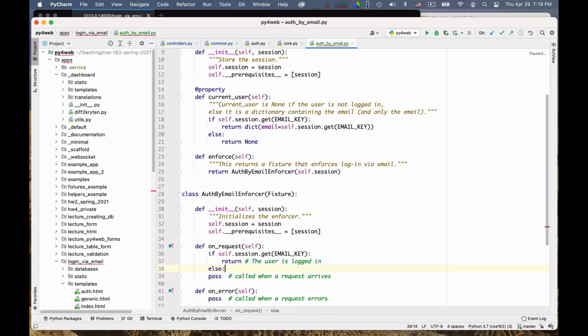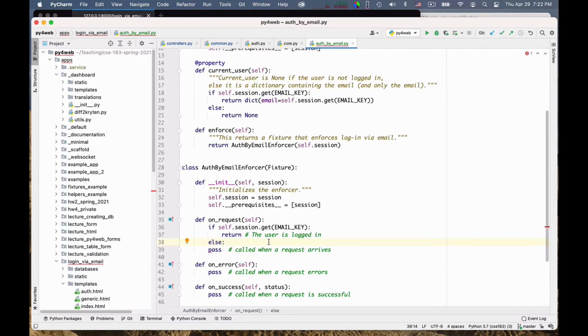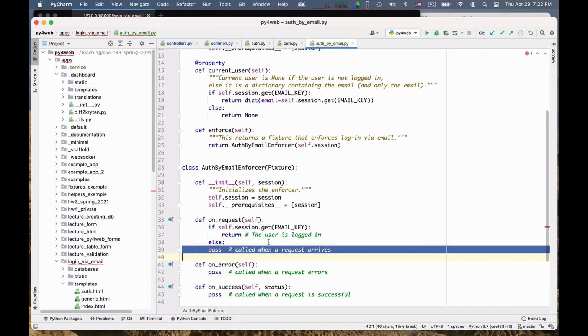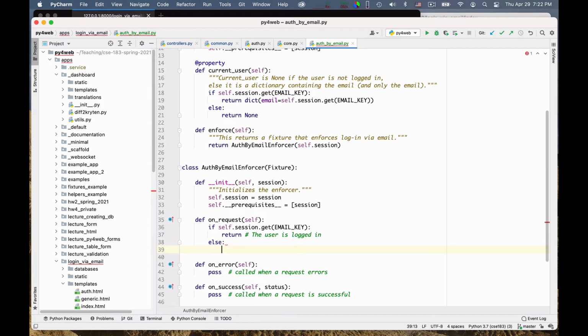Else we need to send the user to a controller where the user can log in. So else here, I have to redirect the user to a URL where the user can actually log in.